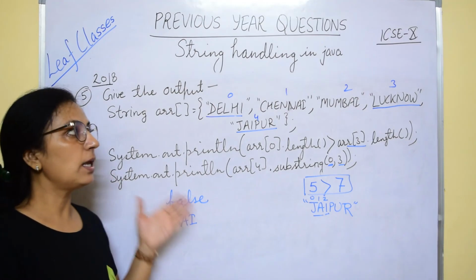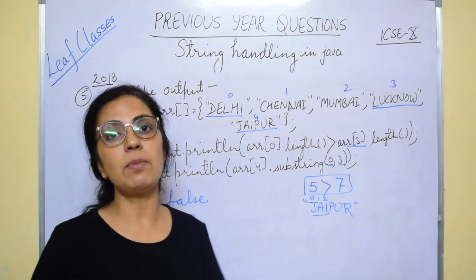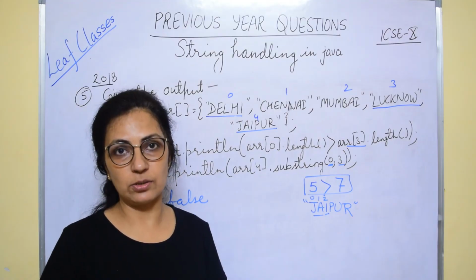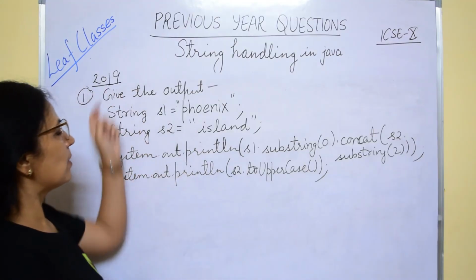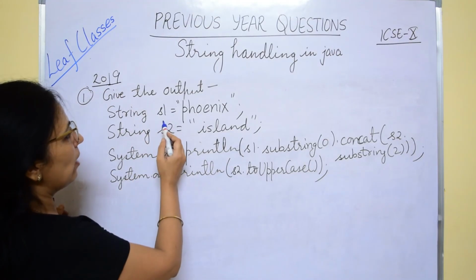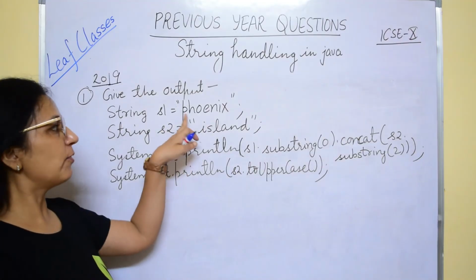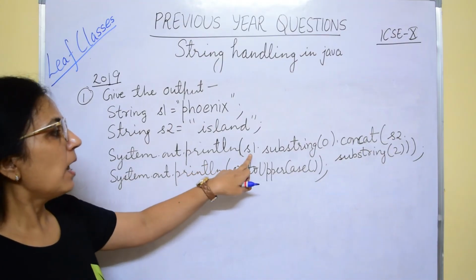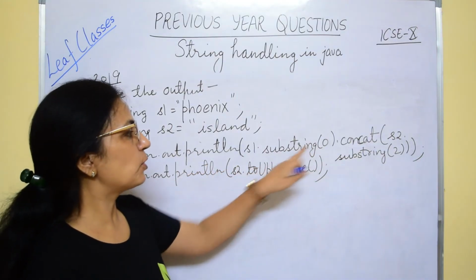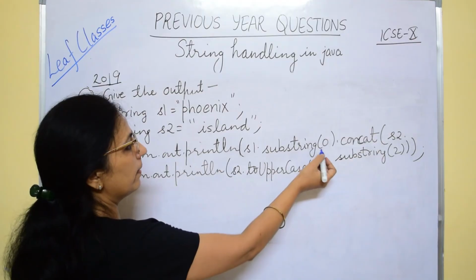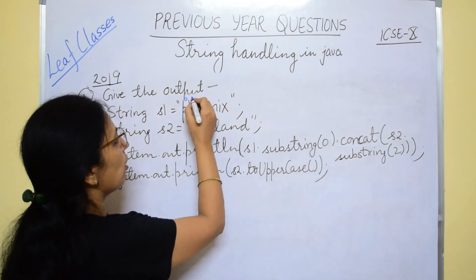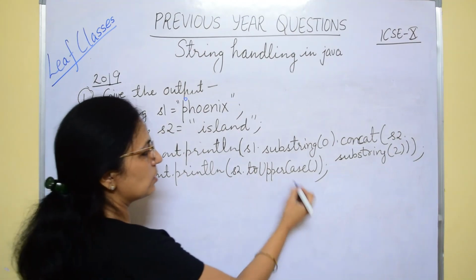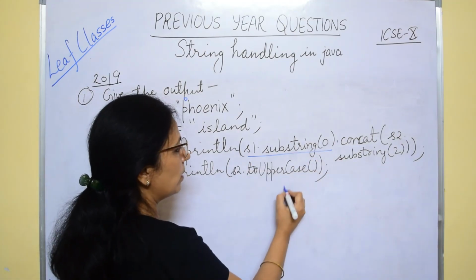So if you have seen, in 2018 the maximum number of questions were asked from string handling functions. The next question is from year 2019. Give the output. String S1 equals Phoenix and S2 is island. Println S1 dot substring of 0. That means starting from the 0th index number all the characters are extracted. So this part will give you